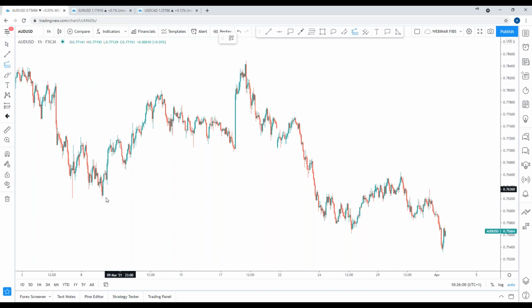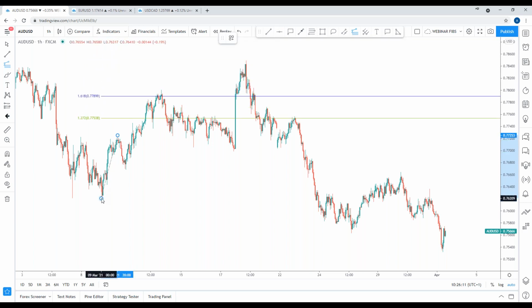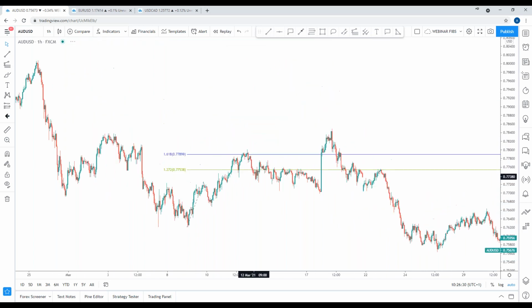So fib projection. We start at point A. Remember that point A. We extend to point B, a swing higher. Click and bring the fib extension tool back to point A. This gives you the projections. So as you can see in this case, the 1.272 fib extension provided absolutely zero, but the 161.8% projection provided a really fantastic wall of